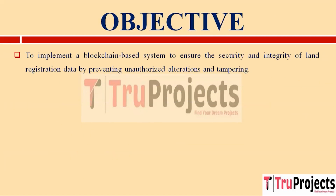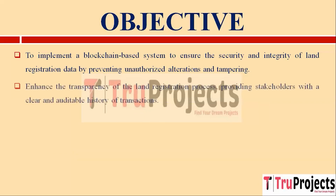Objective of the project. As I mentioned earlier, the aim is to establish a robust blockchain system with the goal of safeguarding land registration data from unauthorized alterations, thereby ensuring the integrity of these records. The aim is to enhance the transparency of the land registration process. All land registration transactions will be recorded in an immutable ledger, providing stakeholders with a transparent and auditable history of